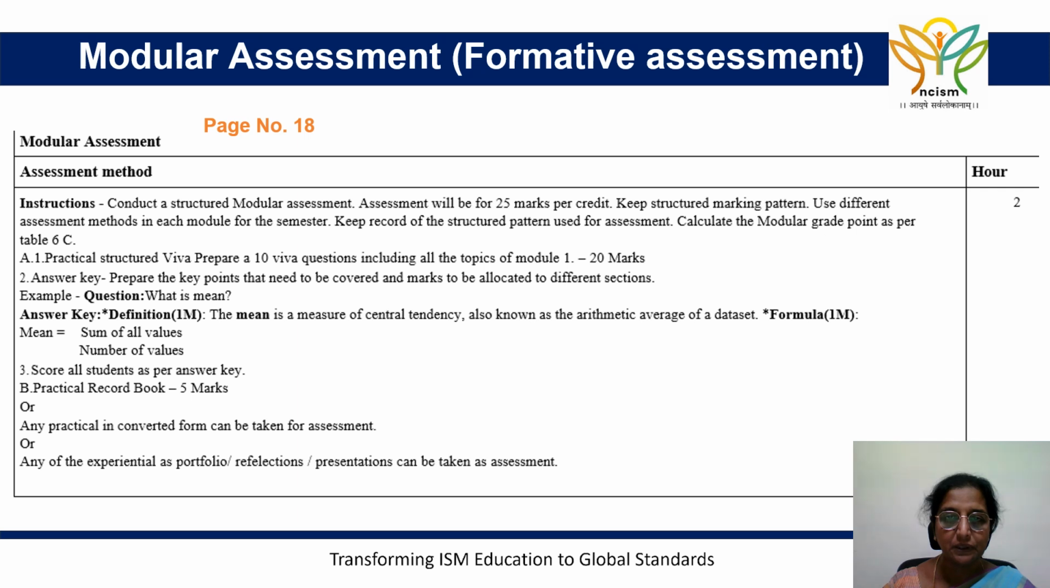Coming to modular assessment, that is formative assessment. This is a view of page number 18 from the curriculum. The assessment method suggested for Module 1 is to conduct a structured modular assessment. This will be for 25 marks, with a structured marking pattern. Use different assessment methods in each module for the semester. Keep a record of the structured pattern for assessment. Calculate the MGP as per Table 6C. It consists of 2 hours. So we will see this